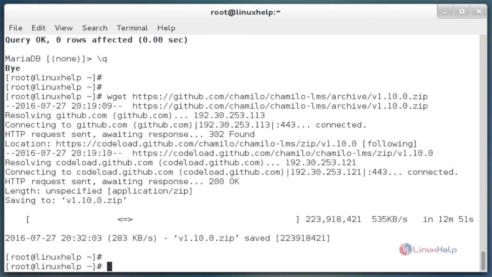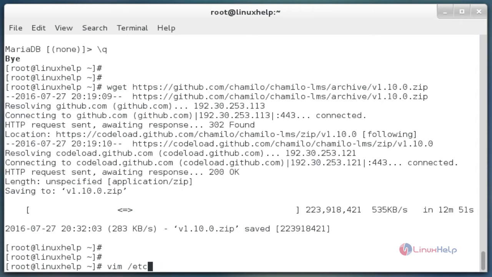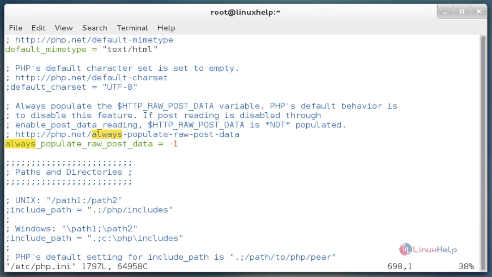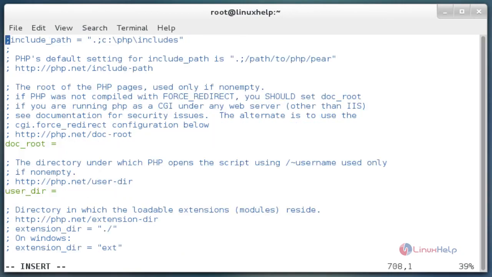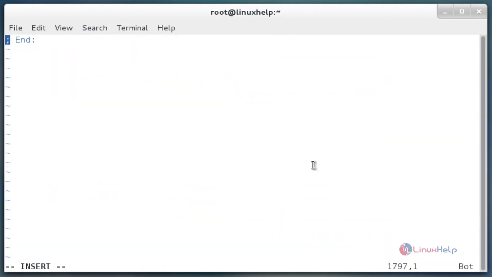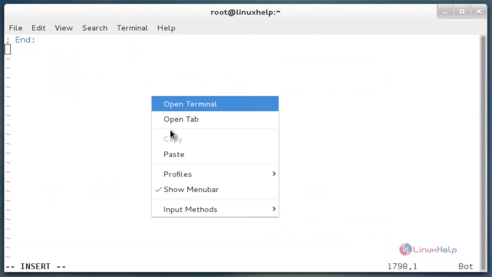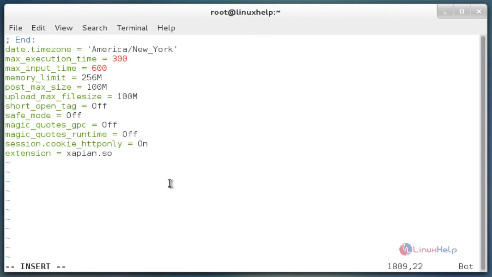The command is vim /etc/php.ini. Now enter to open this file. Press I to insert. Now add the content at the end of the file. After adding the content, then we need to save and exit from the file.